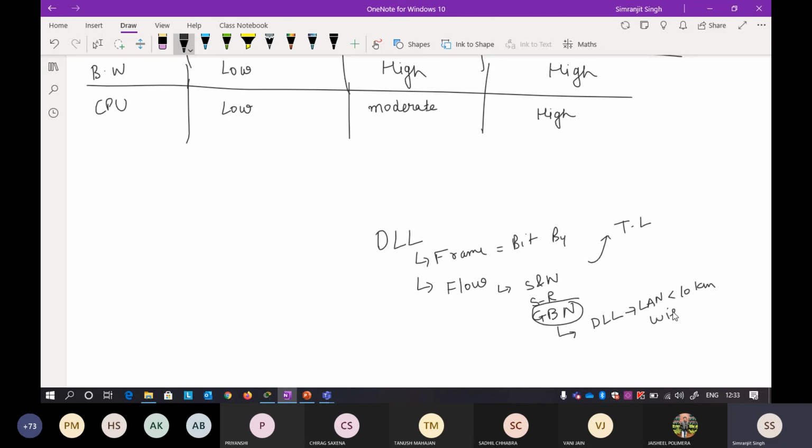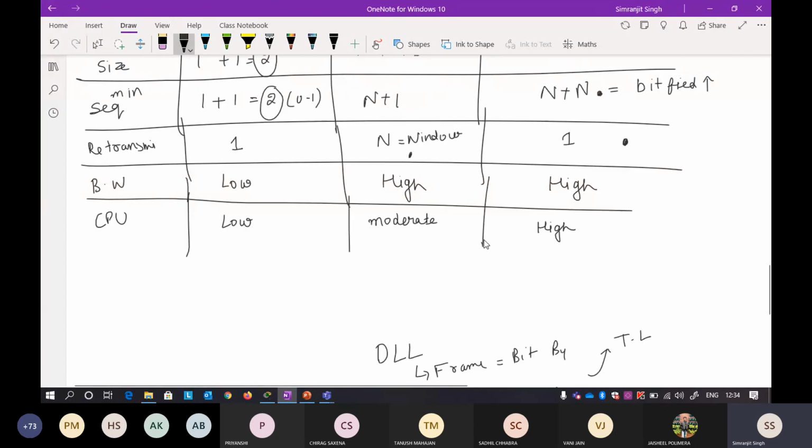So it means we use a physical wire. In wires there is a very, very rare chance that your packet will get lost. If your packet is not lost, then there will be no retransmissions. The only disadvantage of GBN is that there are a lot of retransmissions. But if you are using a wire, there will be very, very low retransmissions. And if there are no retransmissions, there are many advantages to it.